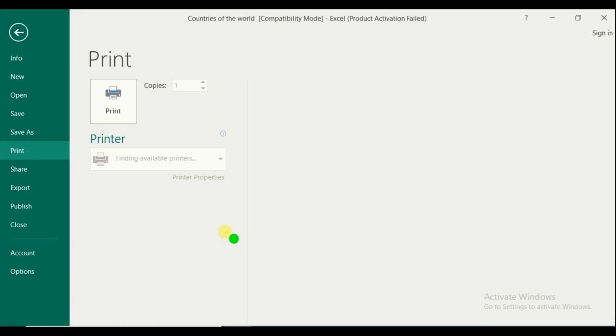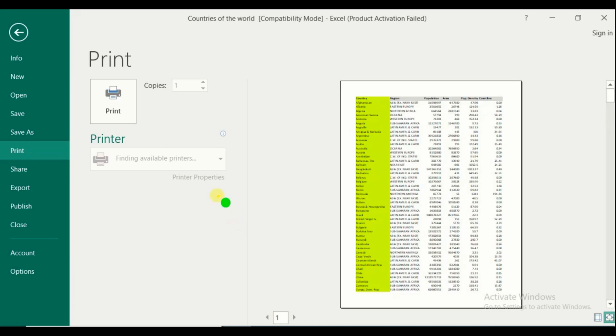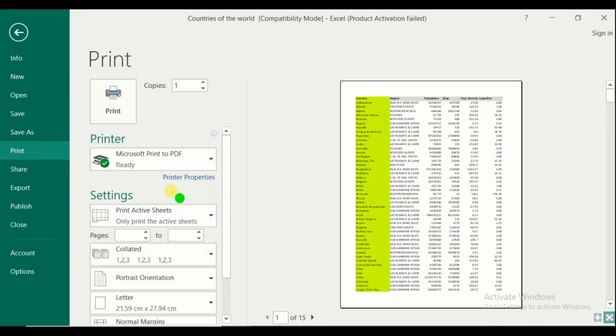As a printer is not installed in the system, I am using PDF to print the data. First, you can see that I am working in active sheet number 1, where you can find 15 pages of print available. This is the standard option we observe, printing the active sheets, which we normally do.